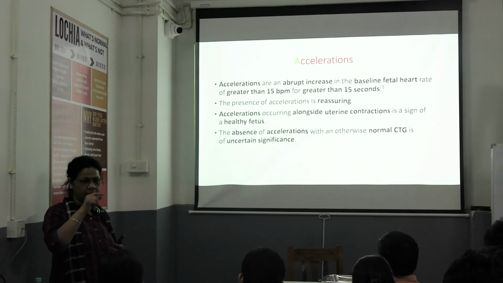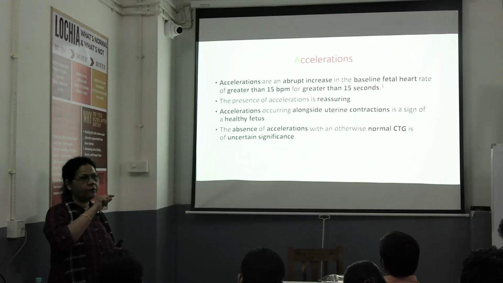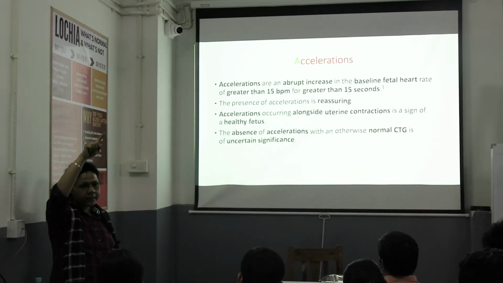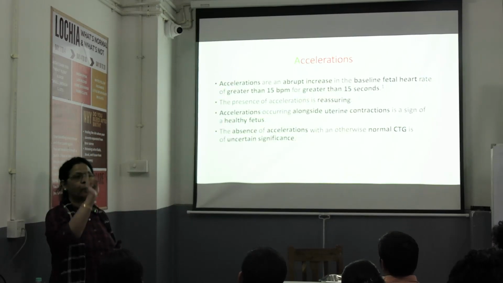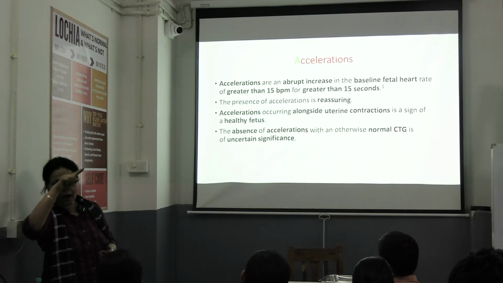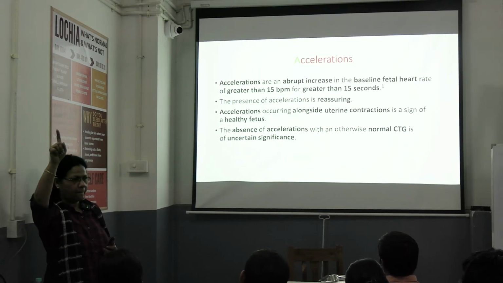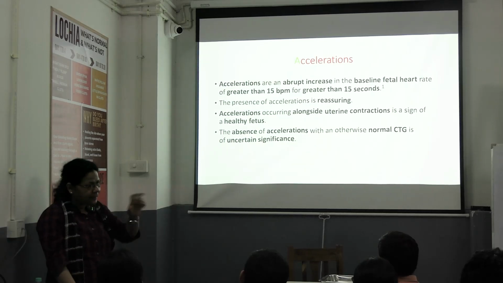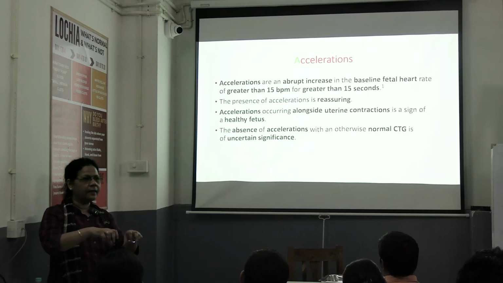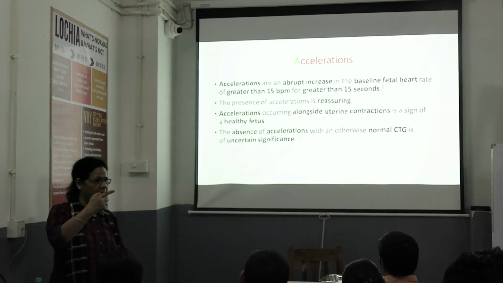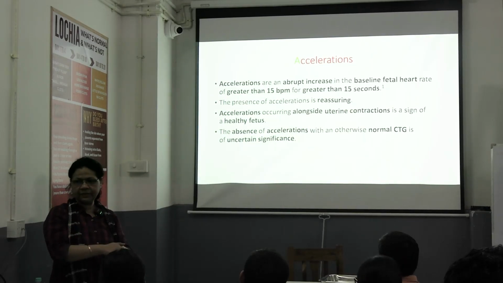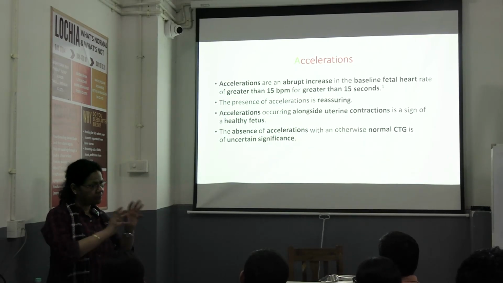See, uterine contraction is causing a peak in the graph and the heart rate is dipping. Okay, it should coincide and again it should come back. Contraction passes over, heart rate comes back. But if it doesn't, then the problem starts. The uterus is going on contracting and the heart rate is not returning to normal. So the blood supply from the mother to the fetus is interrupted. That is why the heart rate is not coming up. So something has to be done.